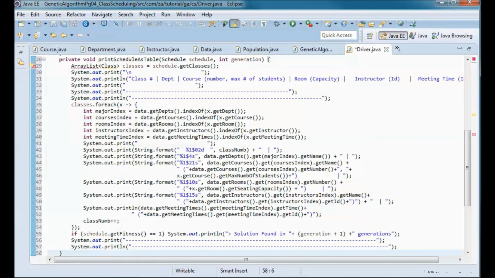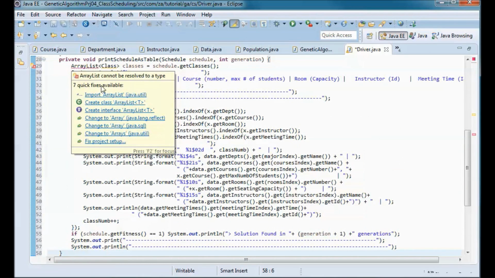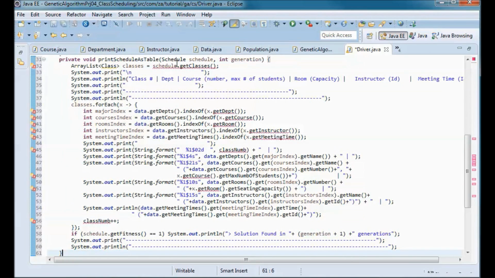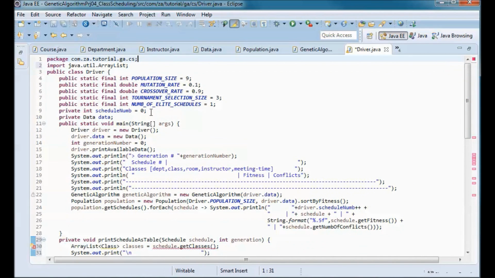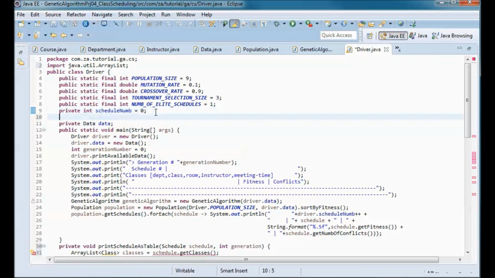So I'll have this method, and let me add this class number over here.